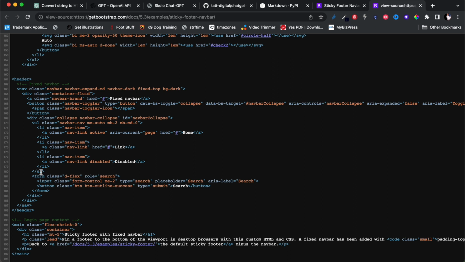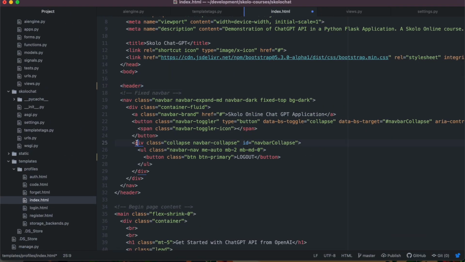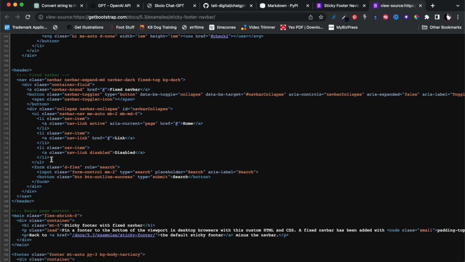So this was the list. So this is a collapse, navbar-collapse, ID navbarCollapse. It's this one. So this is this div, right? And inside of this div there is that unordered list, and then after that list there's a form and a button. All right, so all I need is actually the button. So I can put the button outside of the unordered list,